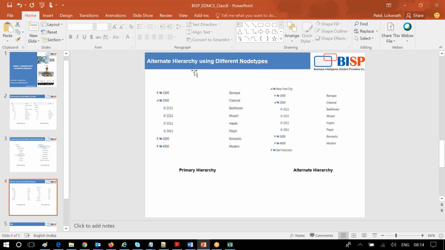So you can see in my first diagram, that is a primary hierarchy only having the product. So different musical instruments are there. So here only products it is containing, but in my alternate hierarchy, I just want to have new node types of country type. So let's say country, or you can say city type. So New York City is there, San Francisco is there. So I want to introduce these node types to this